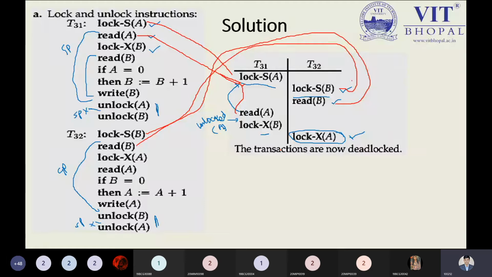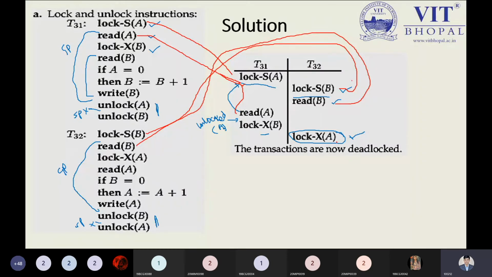If I'm not putting it like this, then how can I say what is a growing phase and what is a shrinking phase? To identify them, we have to determine each shrinking phase and growing phase. We can unlock as I take over here. I'm reading over here. I can do the unlock, but after unlocking I would have to start the lock XA once again, and I have to read A again. That is the reason we have to do it like this.